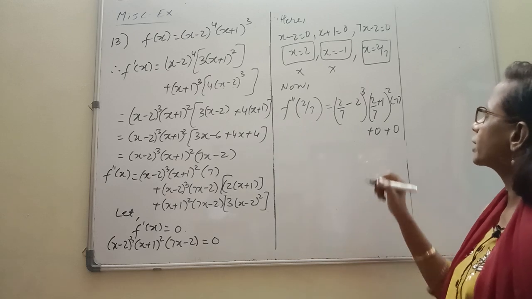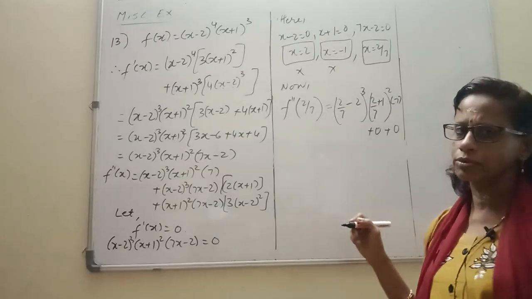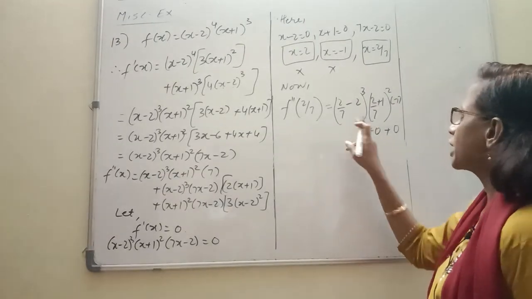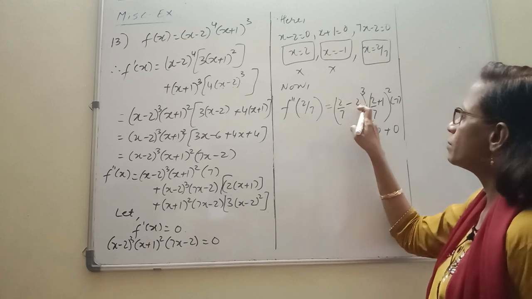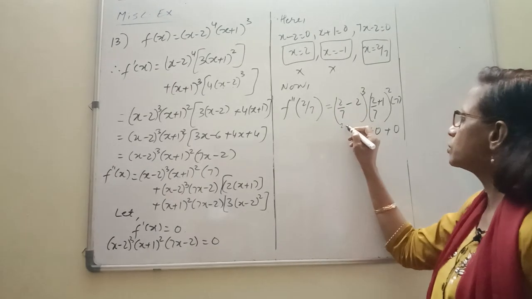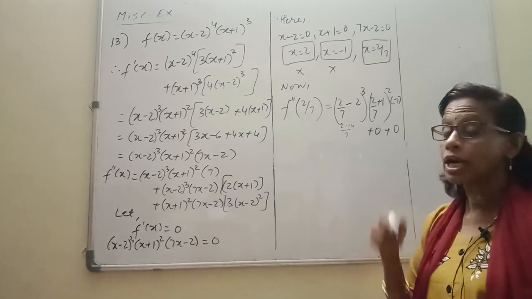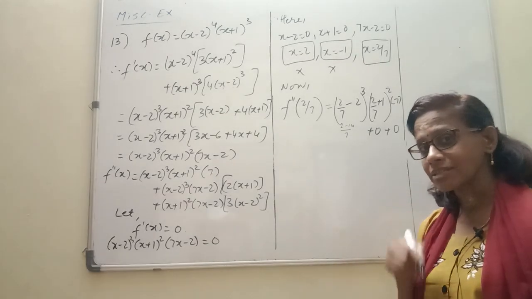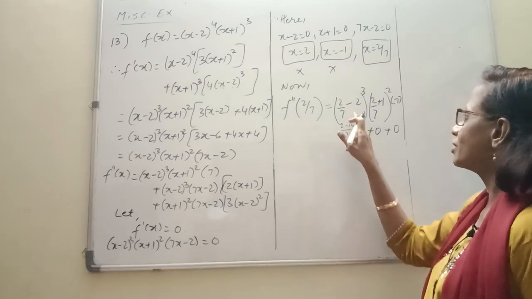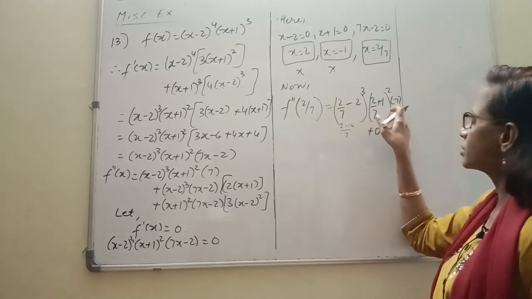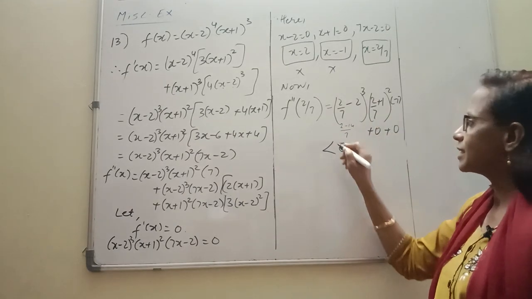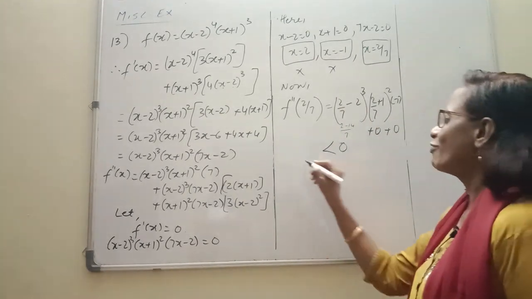So just look at this. Actually, you don't need to find the value, you just have to get the sign. If we carefully look, this is going to be 2 minus 14 over 7, which is going to be minus 12 over 7. Because it's a cube, that negative sign will stay there. So here this is going to be negative, this is positive, this is positive. So overall sign is negative. Therefore,